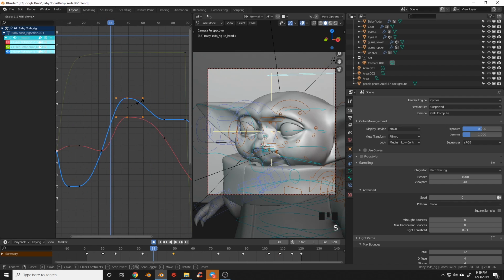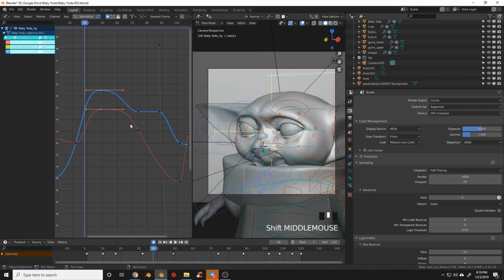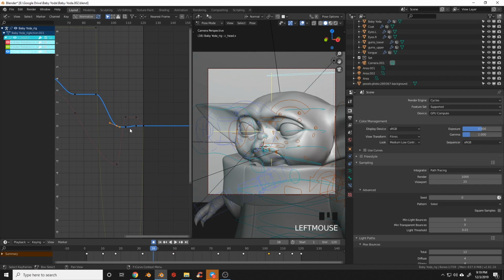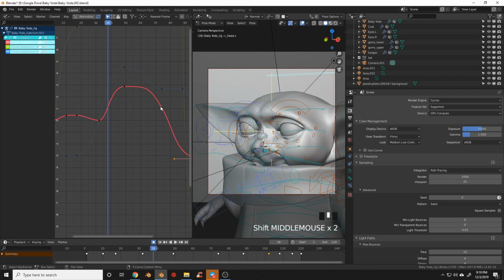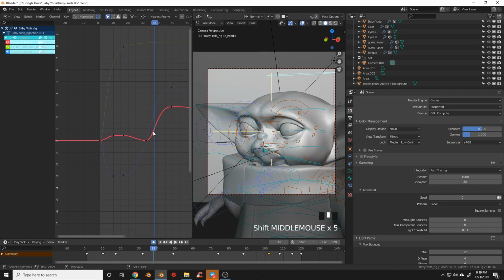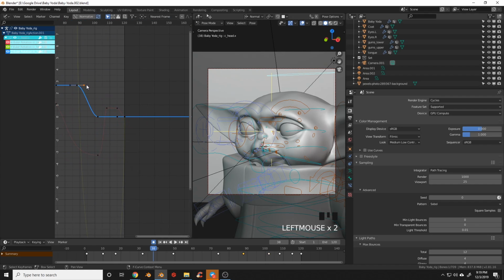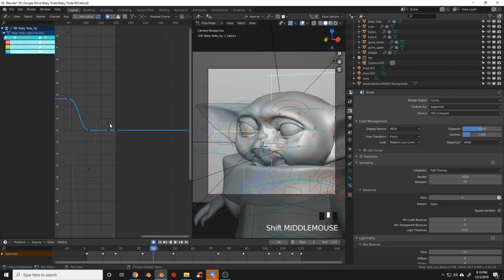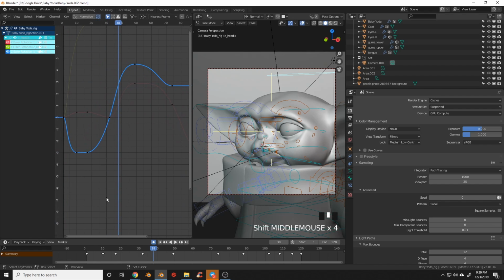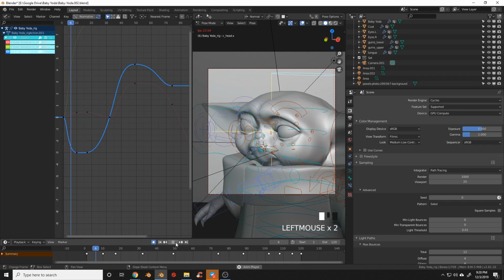So let's just go through and scale those. I'm selecting both so that they maintain that same curve. Looks like here's a little bit unnecessary. So let's go through, scale that. We'll leave that one there. Okay, so you don't have to do these. It's just, I know that I wanted him to ease in and out of things slowly. You can tweak each of these individually. I'm just doing a quick pass over. So let's see what this looks like.